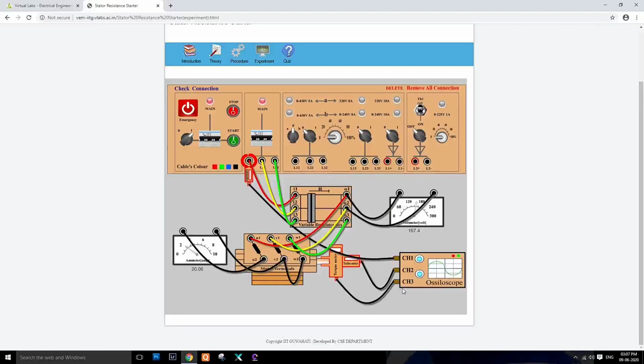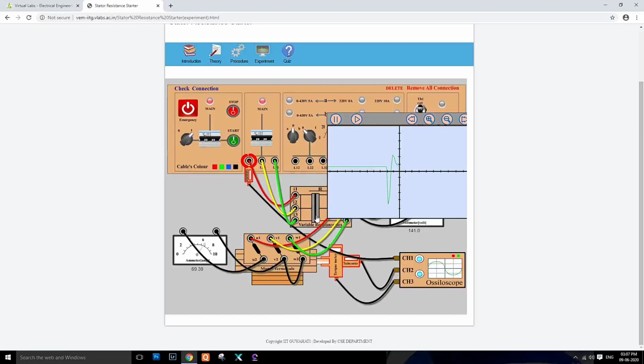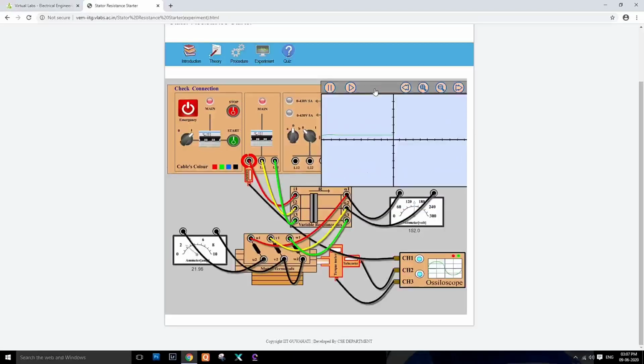And from channel 3 you can measure the torque meter. It is the torque meter terminal, so you can see the variation of torque. You can see that if we vary the current through the stator, then the torque will also vary. You can easily observe it from this channel.